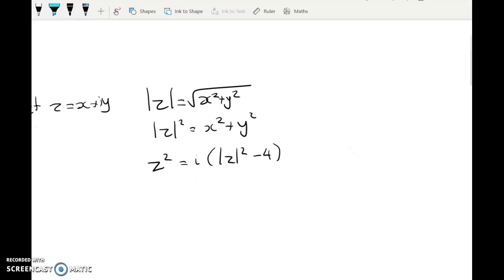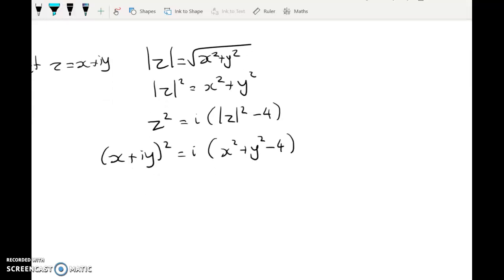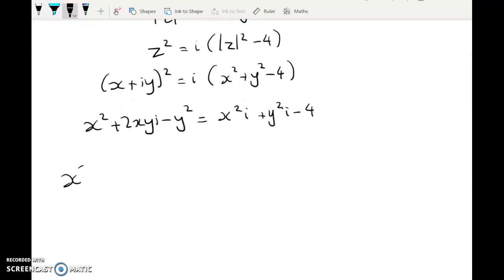So we've done that little bit of work at the start. We can start subbing things in. So x plus iy all squared is equal to i times x squared plus y squared minus 4. We're going to expand everything out, and we're going to gather up the real part and the imaginary part. So x squared plus 2xyi minus y squared is equal to x squared i plus y squared i minus 4. I'm going to gather all of that up on the left-hand side. So x squared minus y squared, sorry, there's a 4i there. Right, x squared minus y squared, that's the only real bit. And then I've got plus i times